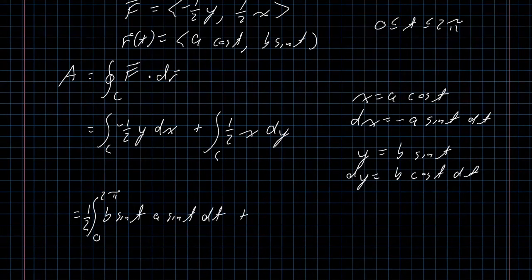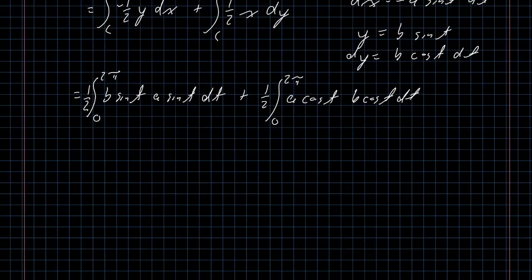And then likewise, we have a 1/2. We'll have the integral 0 to 2 pi. x is a cosine t. dy is b cosine t dt. And after having spent all that effort of separating all of this,